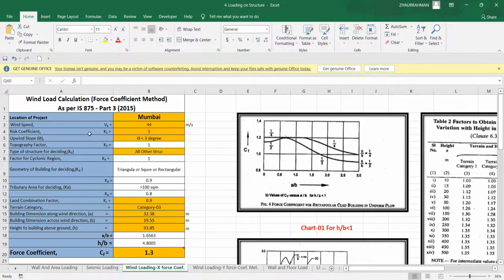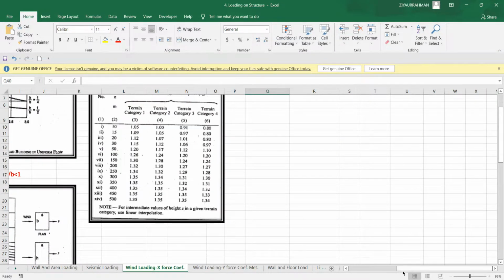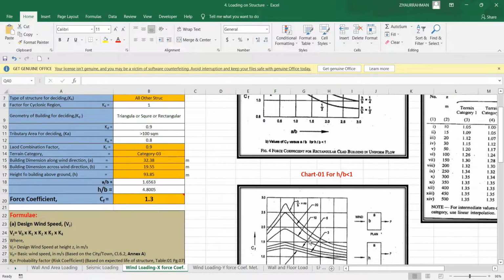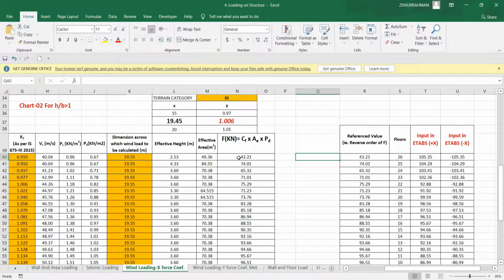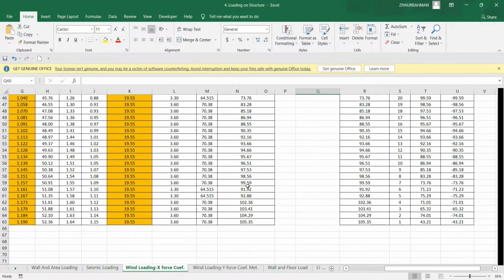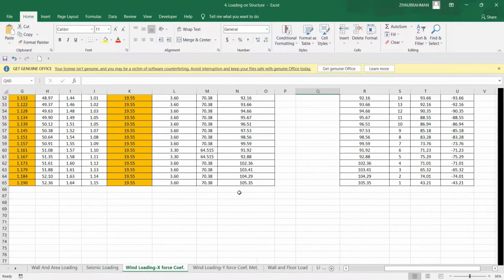In the last session, we calculated the lateral forces due to wind at all the floor levels. It is present here: 43.21, 74.01, 65.32, 71.01, like this. The lateral forces due to wind are available here.